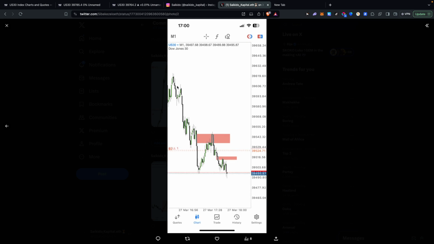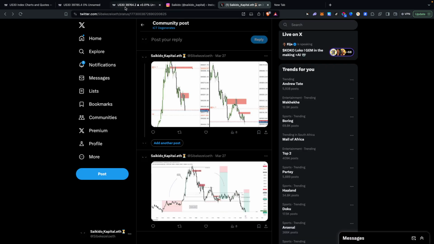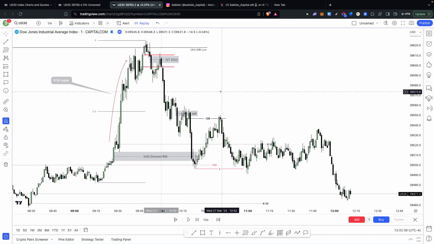After taking profits from this, I took a sell, not when it took out, not when we hit the bearish order block. I wanted to see it respect displacement from that, and then I saw that, and then a retest, I went lower with it to target sell side liquidity right there.